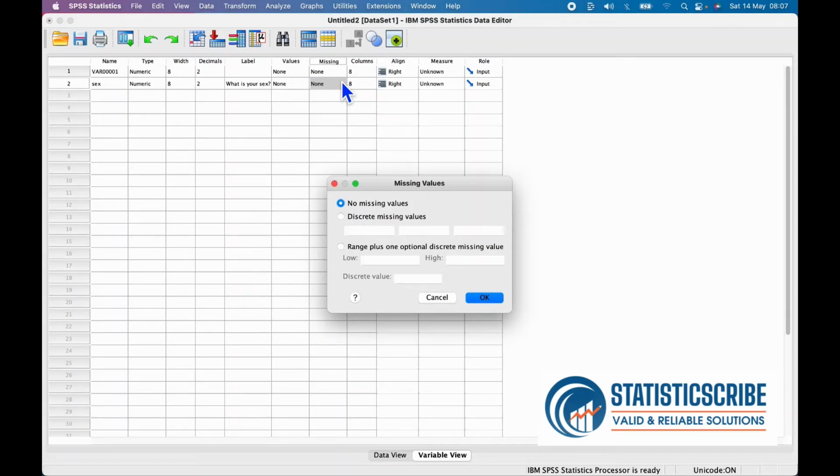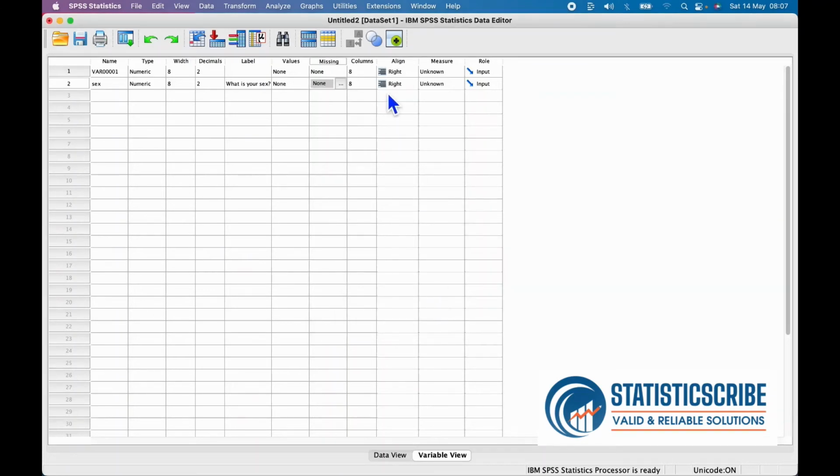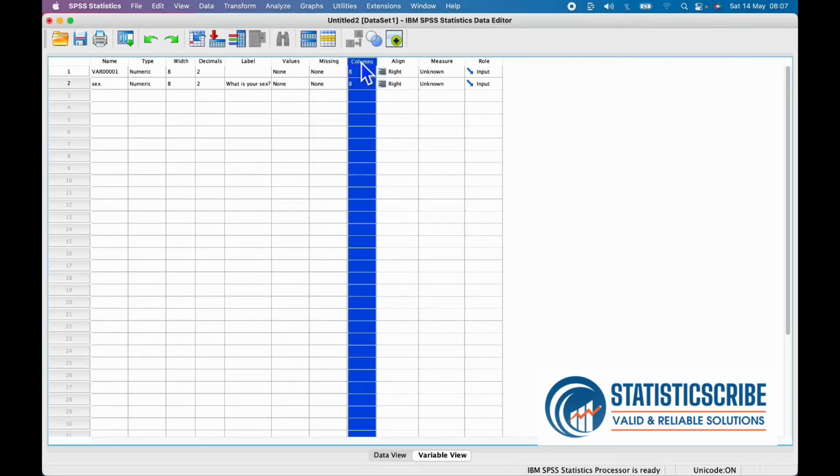So under this missing here we define values, the missing values. If you have a missing value in your data or missing value analysis, here you define it, okay? And the next one, we have what is called the column. The column here tells us the width of each column in the data view spreadsheet, okay? So just make sure that you understand what this is all about. Just take note, please. This is not the same as the number of digits displayed for each value. This simply refers to the width of the actual column in the spreadsheet,